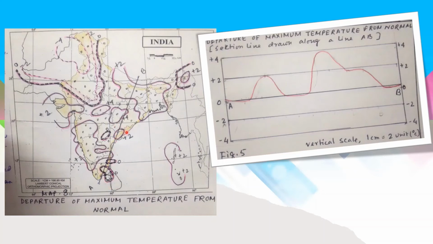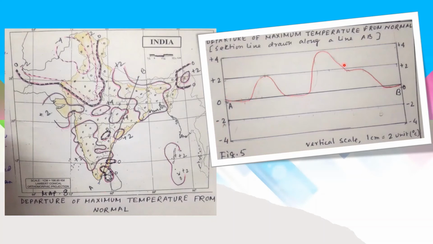+2 represents 2° more temperature than normal. +4 means 4° more temperature than normal, while minus represents lower temperature than the normal. So in this map we have to draw a section line and represent it by a graph where 0 means the normal temperature, here is the plus point and here is the minus point. So in this section line we can find that